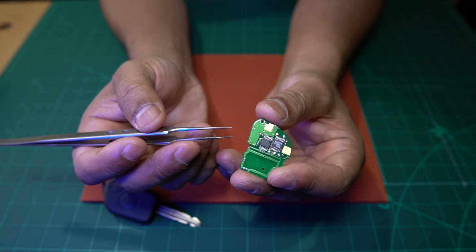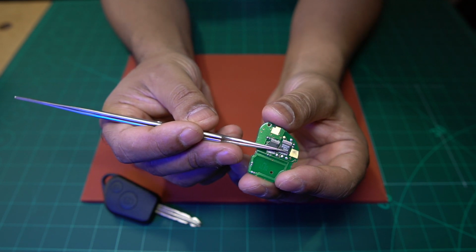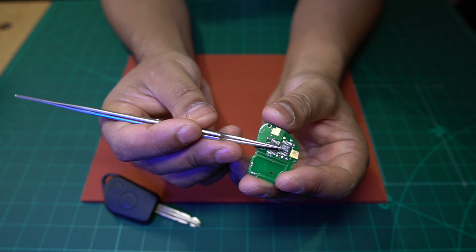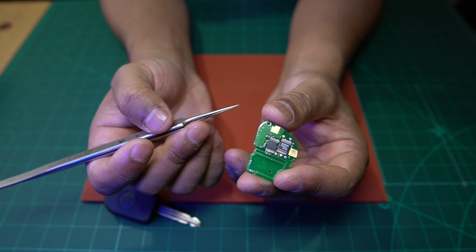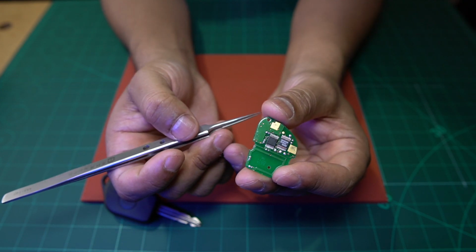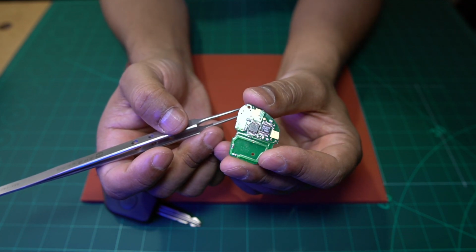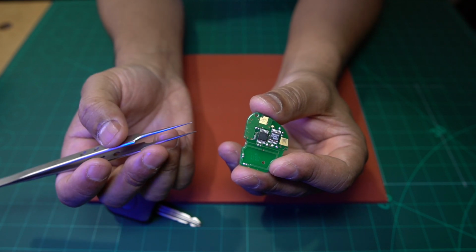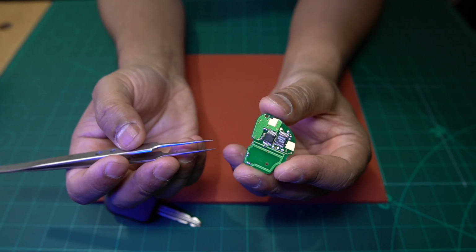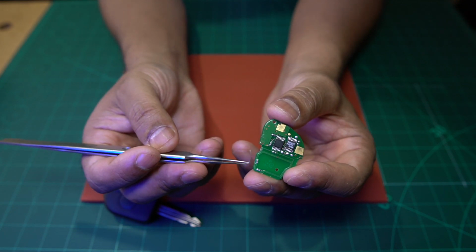When the chips got here, I fitted the chips onto the board, okay, and I was not getting any RF signal when I tested it on the RF tester. So I thought, okay, what if they've given me a faulty chip? It was a reliable source that I obtained the chips from, because I've bought RF chips from them before and they were working. So I had no doubt about their